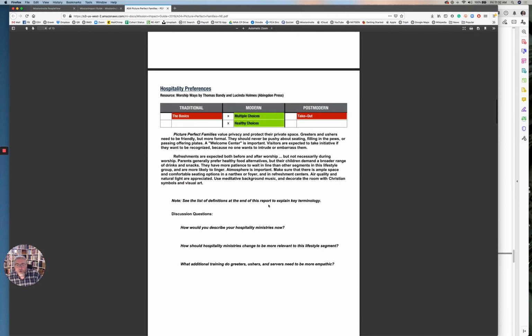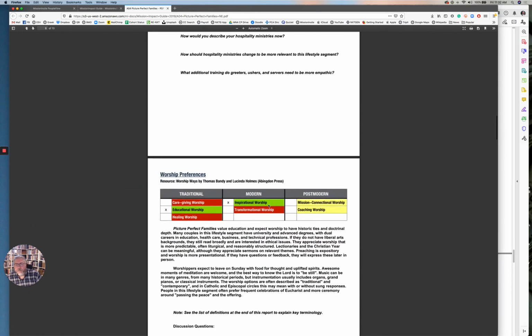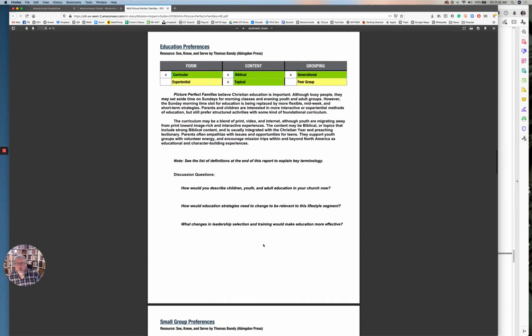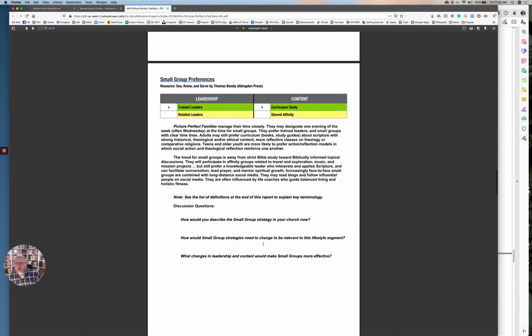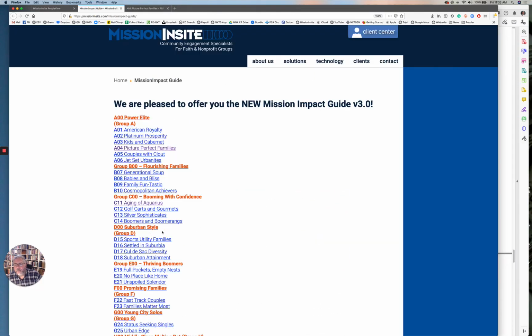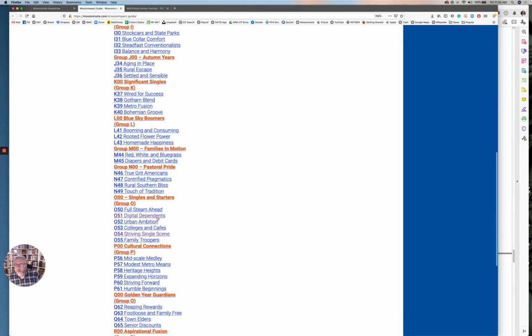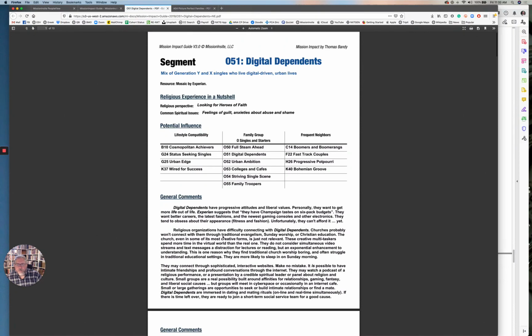And what probably won't work as well as far as hospitality, worship preferences. What kind of educational preferences are they looking for? You can do these for each and then begin to make some comparisons between each of the groups. So if you were to take that and compare it against the digital dependence,